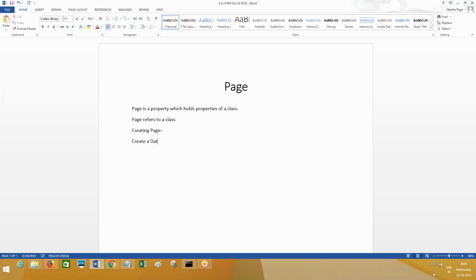I'll write it this way: create a data class. I'll explain what a data class is. Create a data class with vehicle properties.